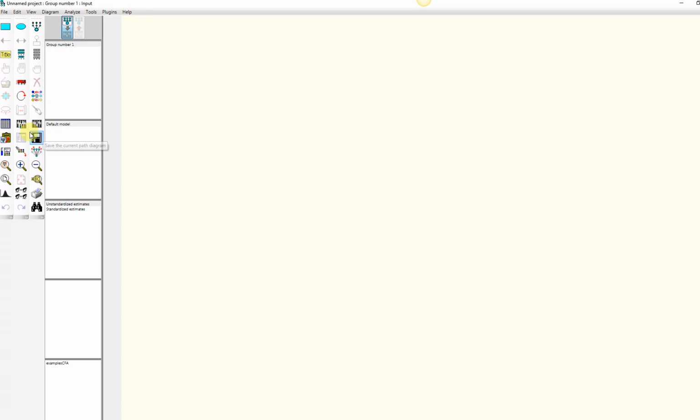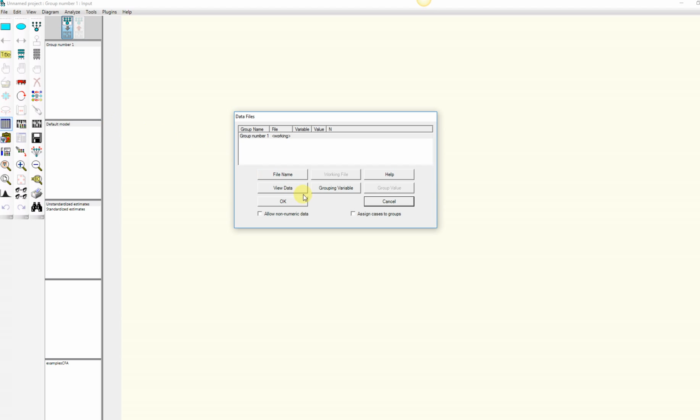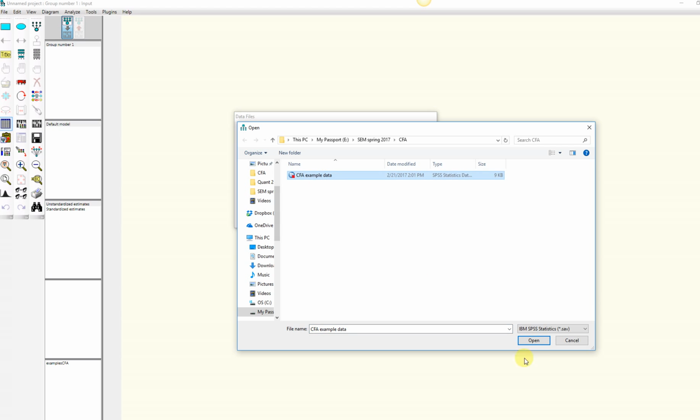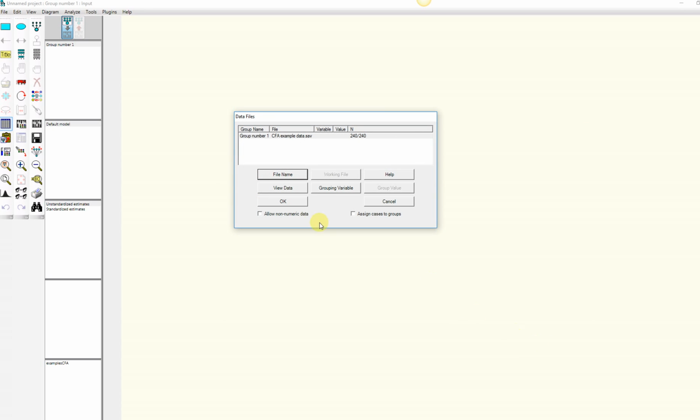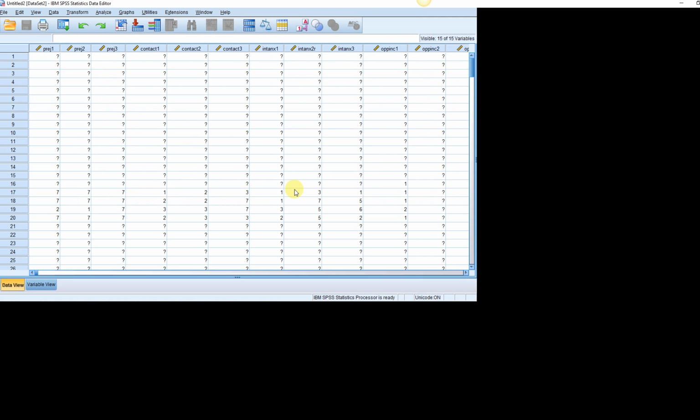So the first thing I want to do is import the data from SPSS into Amos. So I'm going to click on this little box right here for select the data files, and I'll click on file name and then my SPSS data file. So I'm going to click on open, and now you can see the name of the file appears as well as the total number of cases in the data set. If I want to take a look at the data, I can just click on View Data,